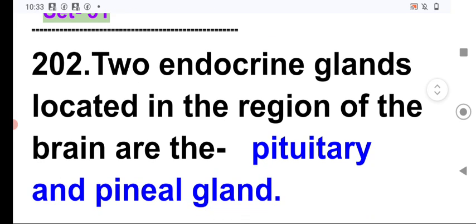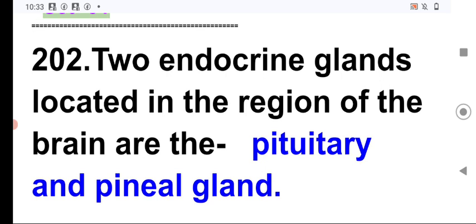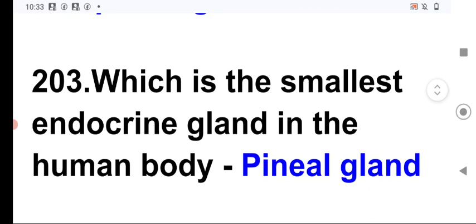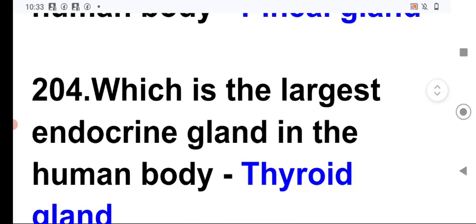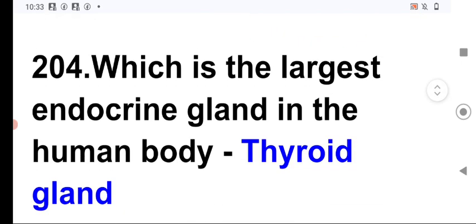Two endocrine glands located in the region of the brain are the pituitary and pineal gland. Next, which is the smallest endocrine gland in the human body? It is the pineal gland, which is the smallest endocrine gland in the body. Next, which is the largest endocrine gland in the human body? It is the thyroid gland, which is known as the